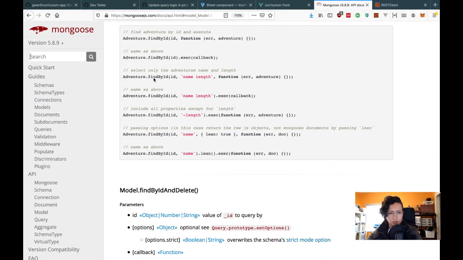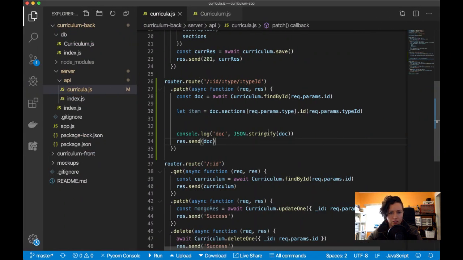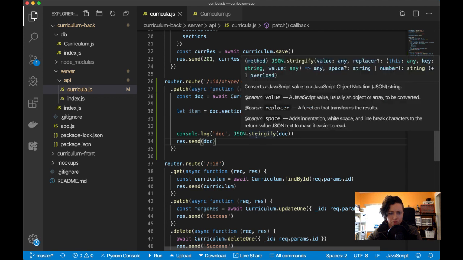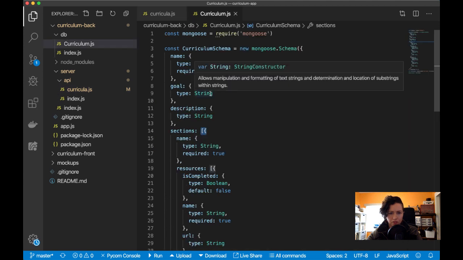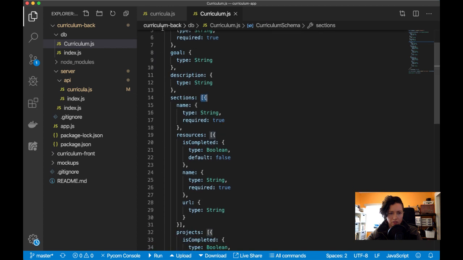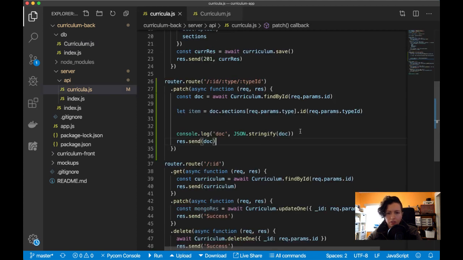So, find by ID. Sections. Oh, I know why. So this is coming out. I think this is coming out correct. But the problem is that, so,